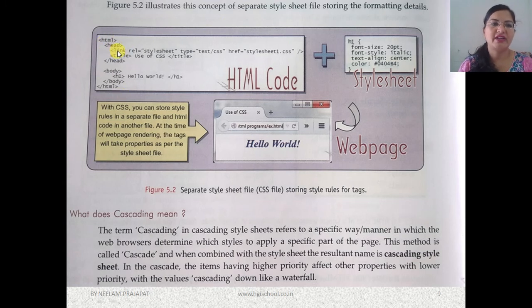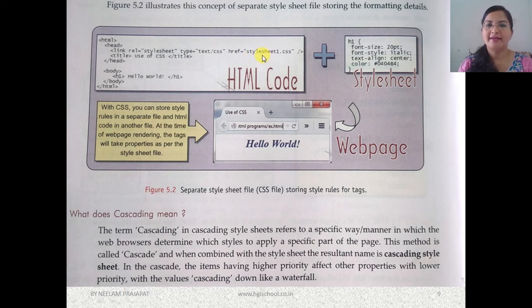Now you can see where we have to link the document. The code will be in the head tag. It can be below the title tag or above the title tag. That means you have to link the file in the head tag. So you have to write link. REL means relation, which is stylesheet. Type is text/css. The same exact line you have to write. The file name can be different, it can be according to your choice, but you have to follow the syntax. So href means the CSS file.